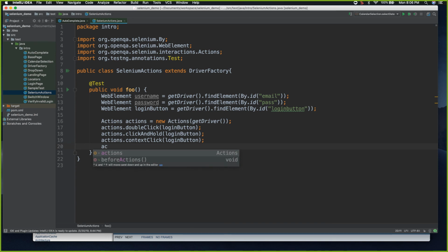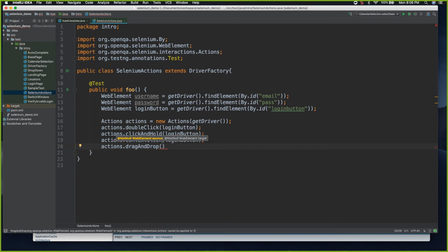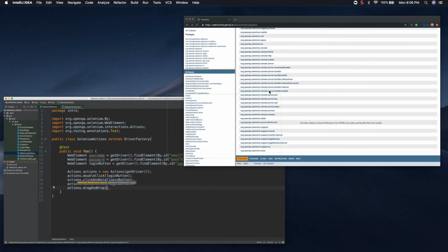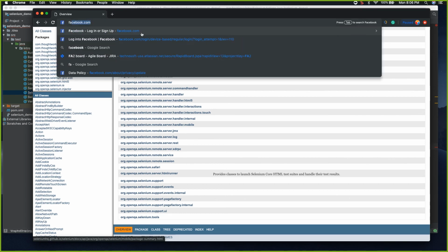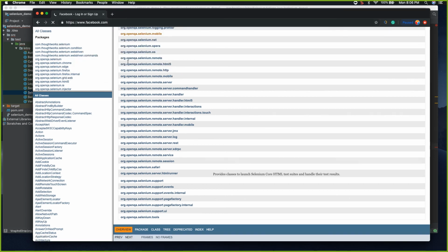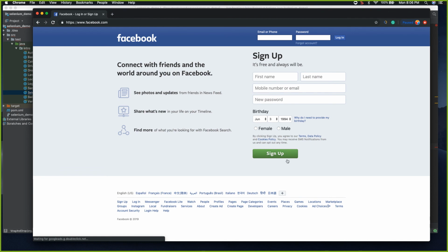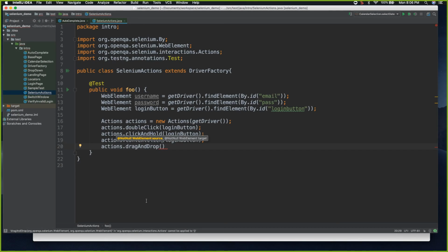Actions dot, if you want to do drag and drop, right? You want to drag an element to somewhere else. You know how you have some features where you drag some sort of data to another bucket, whatever may be the case, some shopping cart kind of stuff. Like I said, things that you don't run into every day. That's why they wrap this around